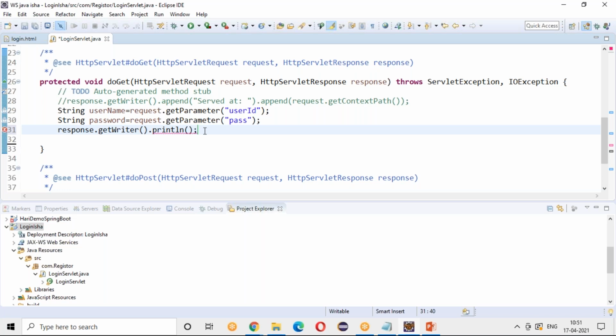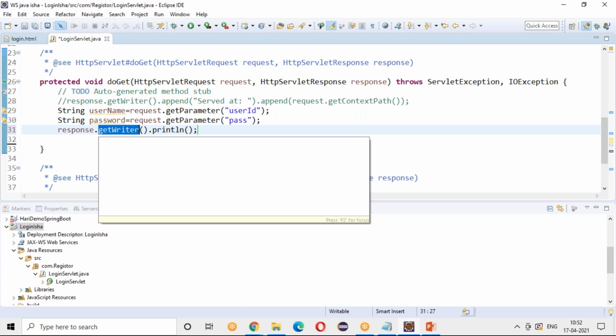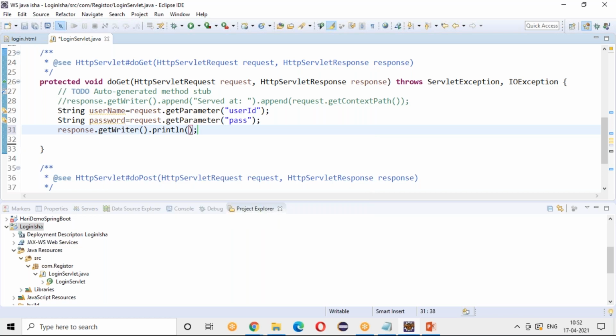For example, when you want to print data in a console, what do you write? System.out.println. The same way, I want to return the data to a browser. So I will get a getWriter object from this HttpServletResponse, and I'll send whatever I want back to the browser.